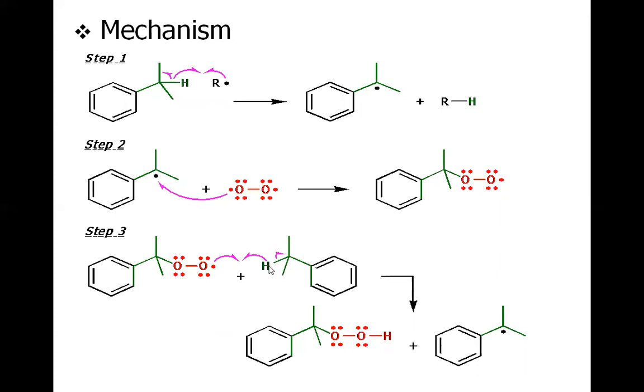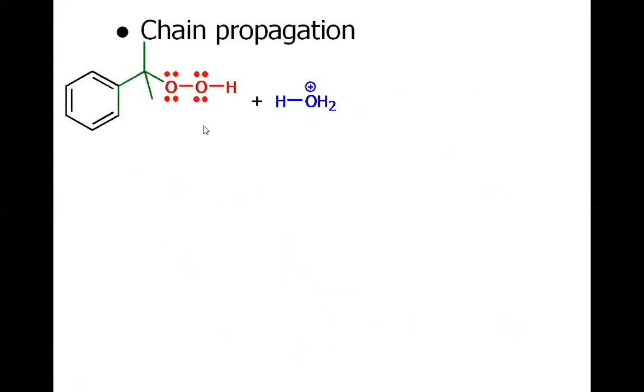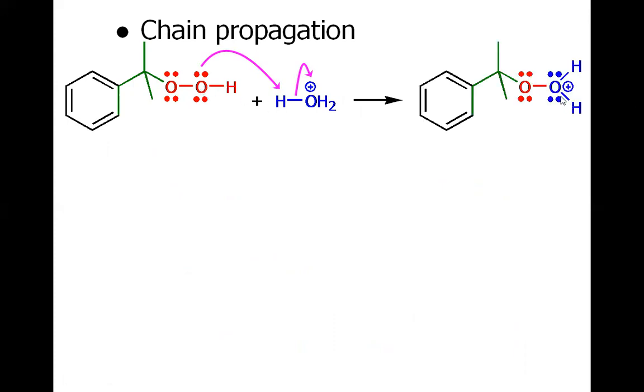of another mole of cumene to have this hydroperoxide group attached, and the benzylic radical is generated again, which will again be treated with this oxygen. So when this benzylic hydroperoxide group is formed, this will be protonated in the presence of water, with the help of the water. So this terminal oxygen will have this oxonium ion, and now there will be a 1,2 migration. This phenyl group will migrate from this carbon to which it is attached to the adjacent oxygen, this red one, and doing so, this water molecule will leave the system.